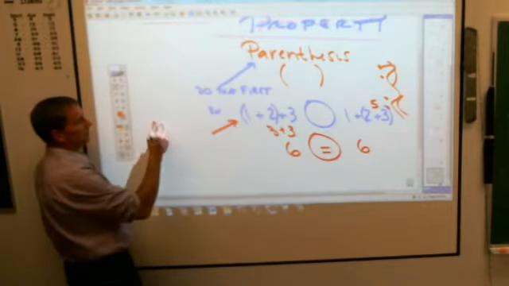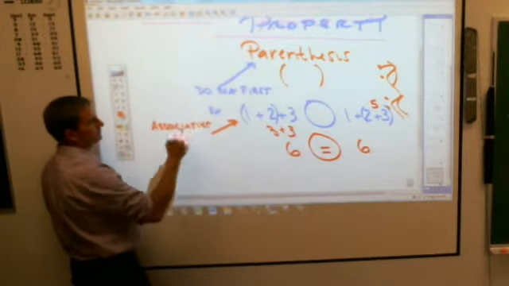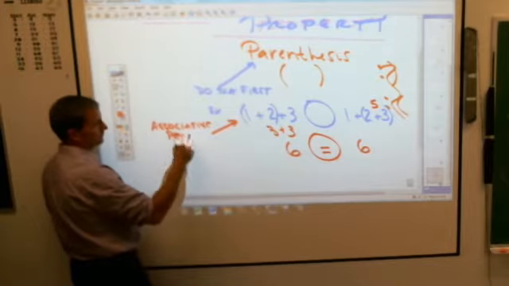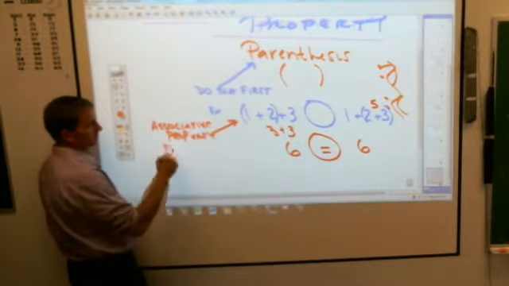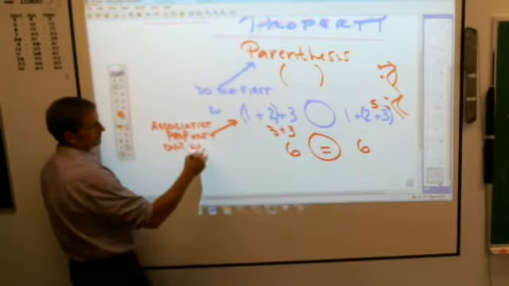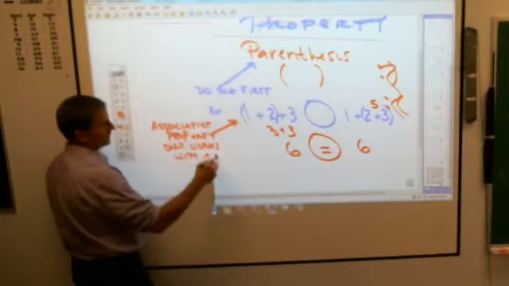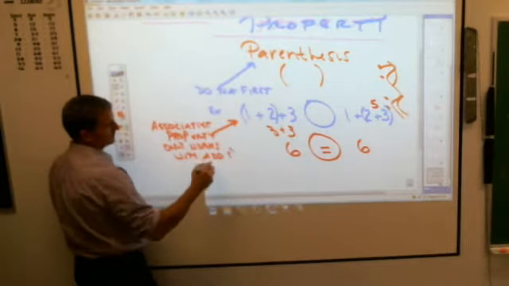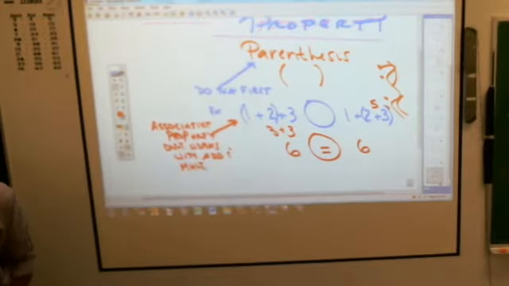The associative property, first of all, only works with addition and multiplication. Only works with addition and multiplication. And what it says is,